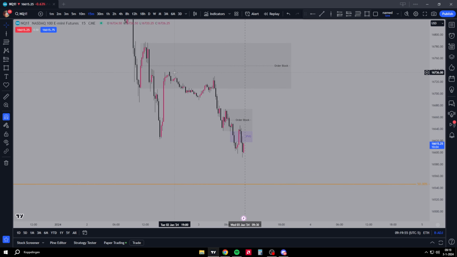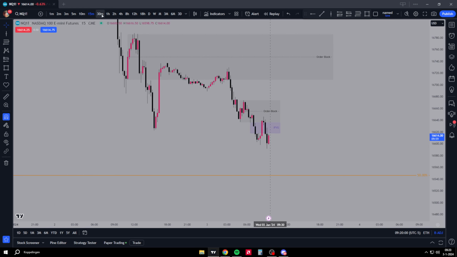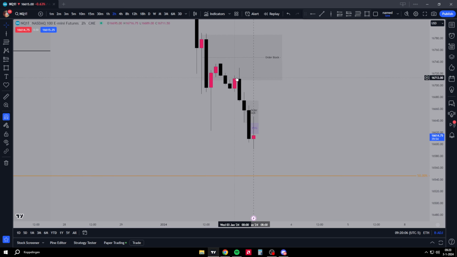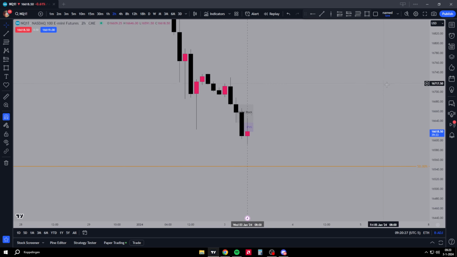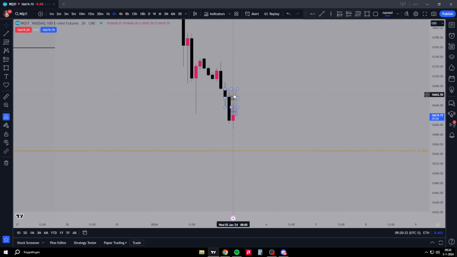So yeah, there is a lot of buy side liquidity right here. But I wouldn't say we go there because there's probably an order block right here now. We have this 2 hour order block, so I can even delete this. So we won't go past here. On the 4 hour probably as well, market will open in like 40 minutes. Yeah, we still could fill up this entire imbalance, but I would say we wouldn't close above this here as well. Which is the same as the 2 hour, yeah. So that doesn't matter, but yeah, draw on liquidity will be equilibrium.